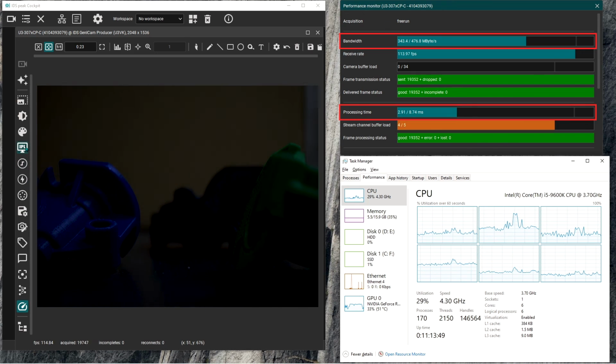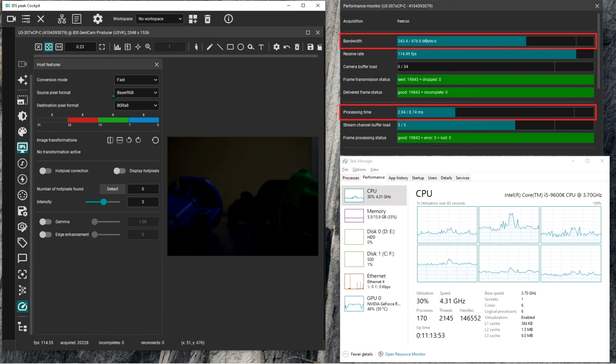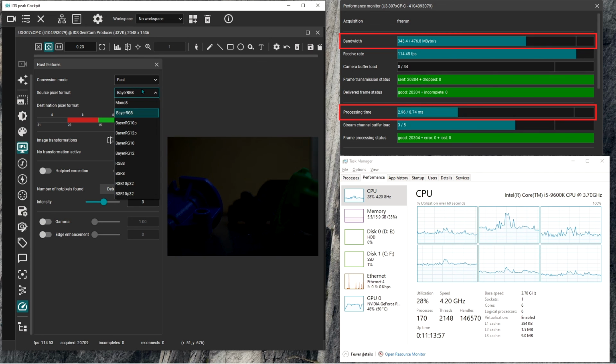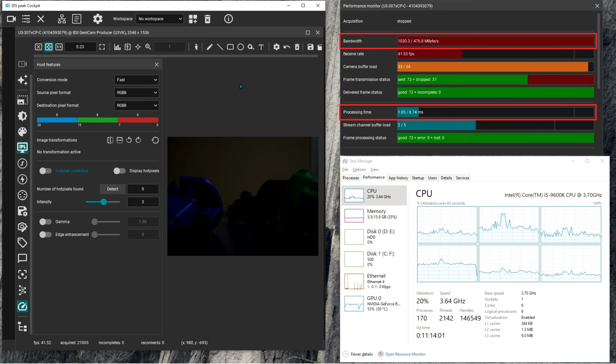Most cameras, or most FPGA-based cameras, have the option of doing the color processing on board, but of course that triples the bandwidth. So instead of sending over a raw image, let's say, for example, at 8 bits per pixel, you would be sending each color channel, red, green, and blue, at 8 bits per pixel, tripling the bandwidth.